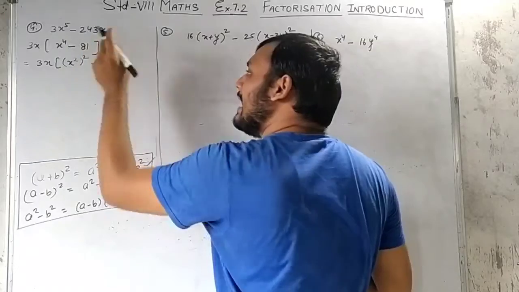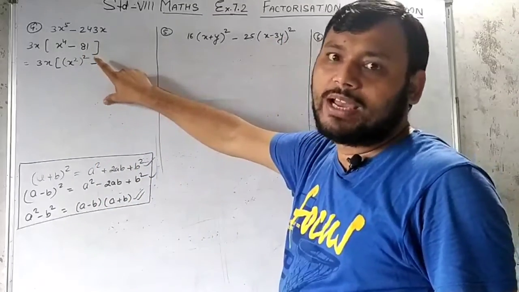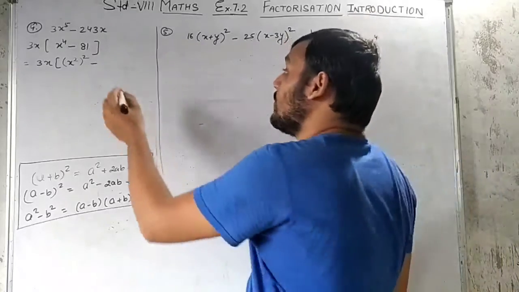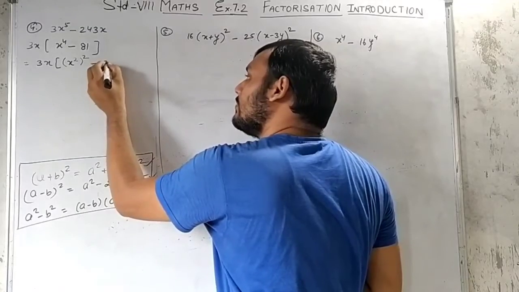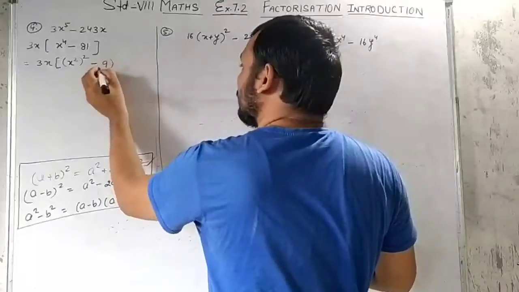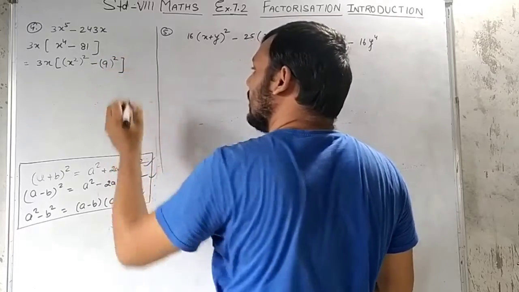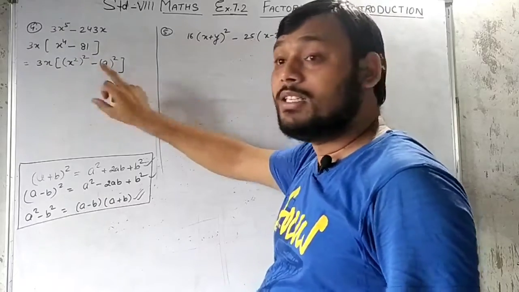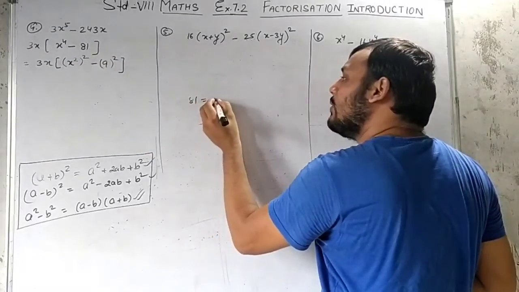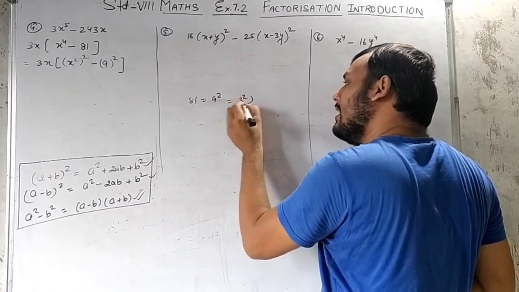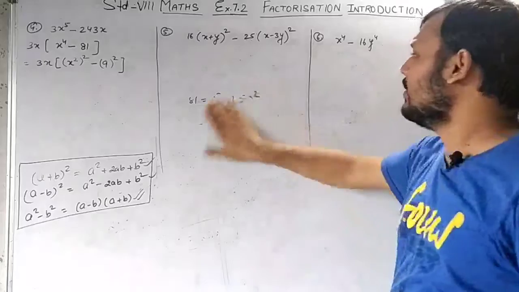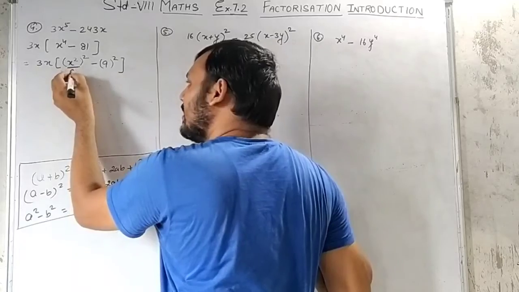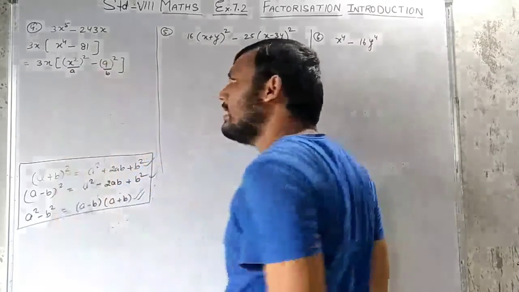Now what about this 81? This 81 also we have to write in the form of a square. So what kind of square? This will be the square of 9. Somehow, if you want to write in this way, you can write it as 3 square whole square. You just see here, 81, you can write either 9 square or you can write it as 3 square whole square. So the answer will be the same, don't worry about it. So now instead of a, what is here? x square. Instead of b, what is here? 9.